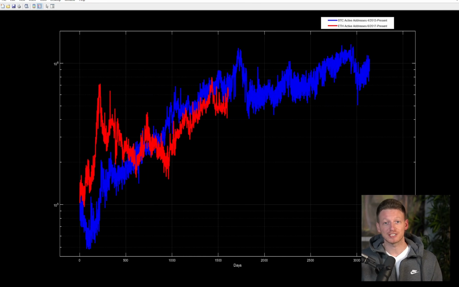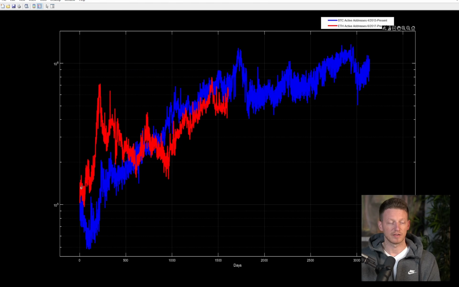Tonight what I'm going to do is talk to you about what is, in my opinion, one of the most fascinating charts in all of cryptocurrency. So we're looking at Ethereum and Metcalfe's law. Now, if you don't know, Metcalfe's law says that the value of a network is proportional or equal to the number of users squared. So in red, we have the active users on the Ethereum network, and in blue, the active users on the Bitcoin network.